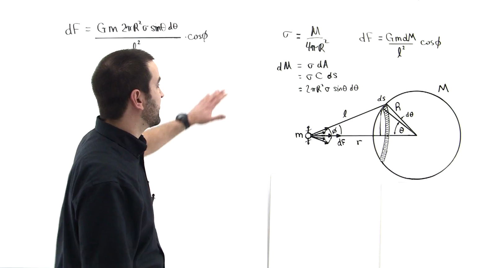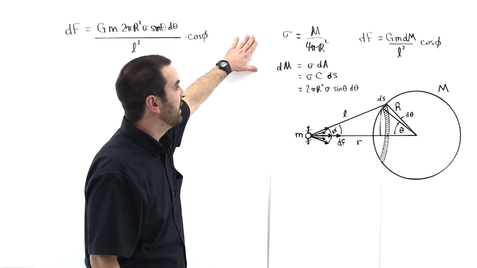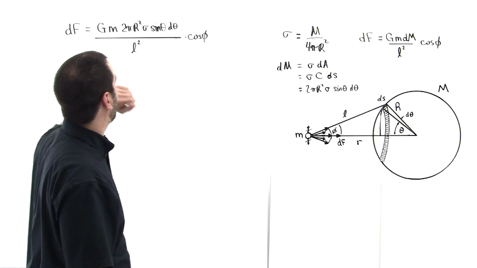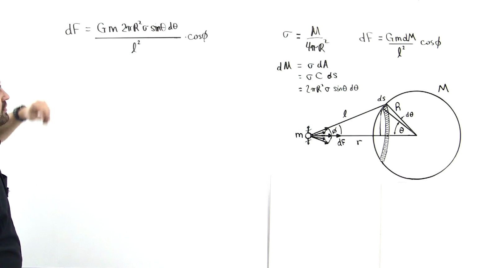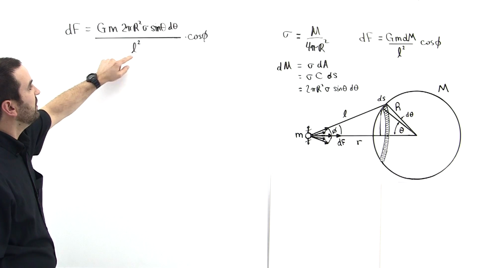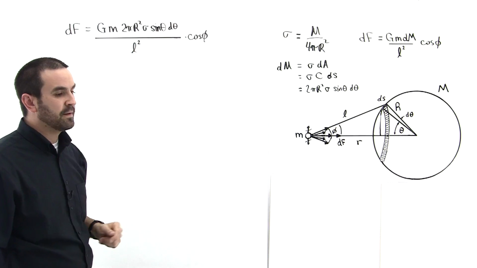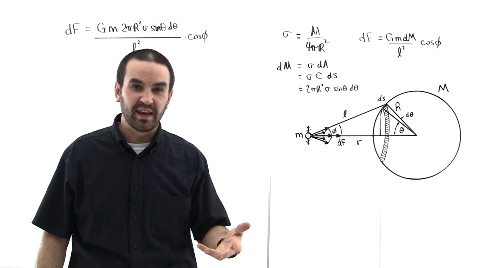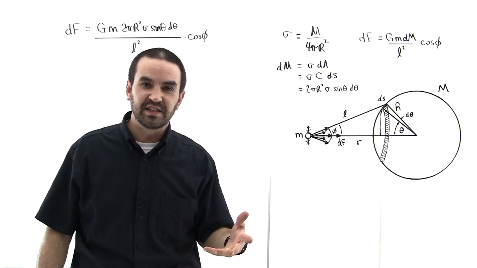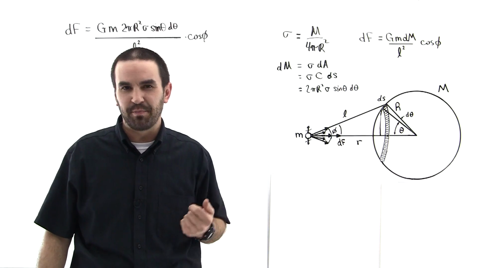Previously, we deduced these three expressions here and then used those to arrive at this expression here. This expression involves three variables, L, theta, and phi. So we need to express this equation in terms of one variable, and then we can integrate. We've already done all the physics, and so now all that's left is mathematics.